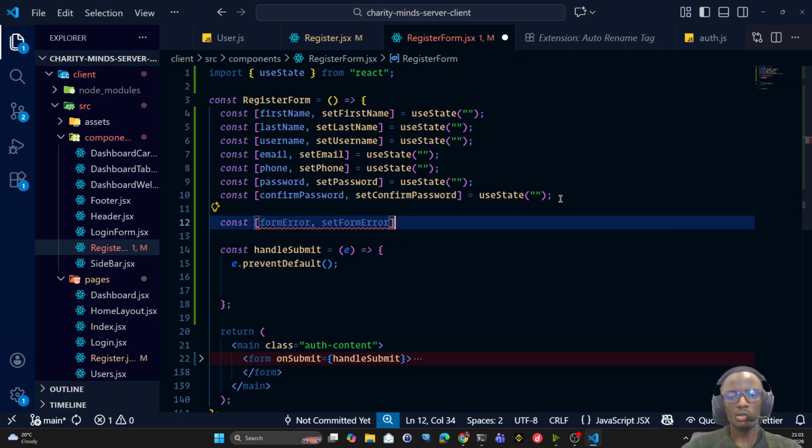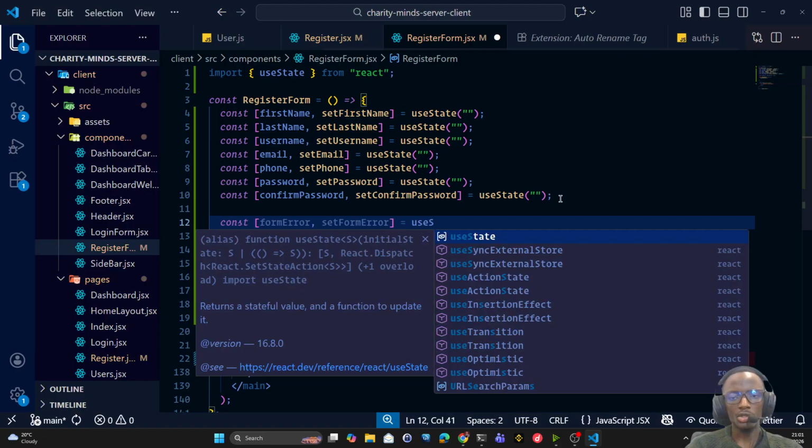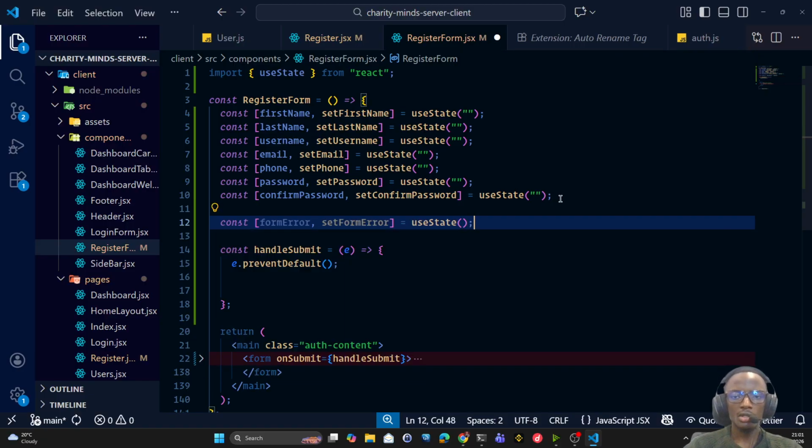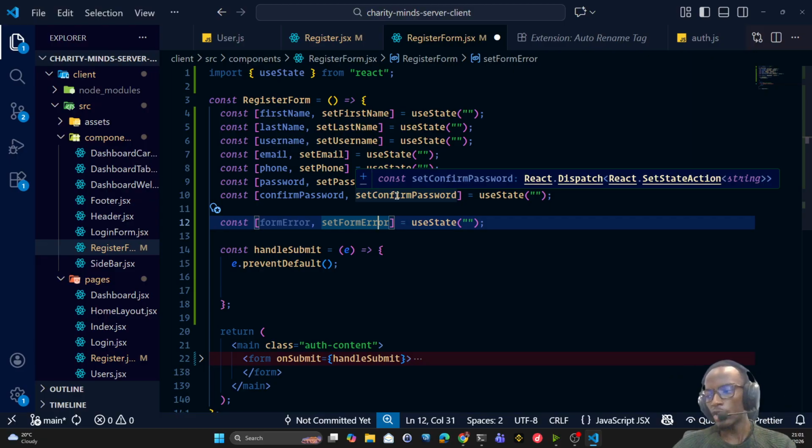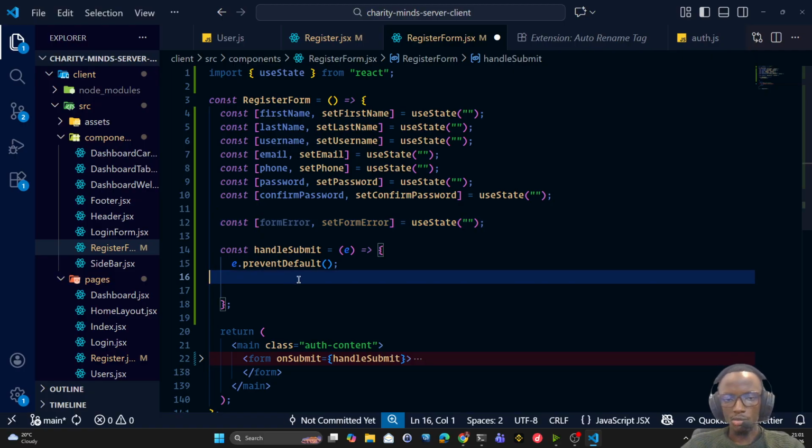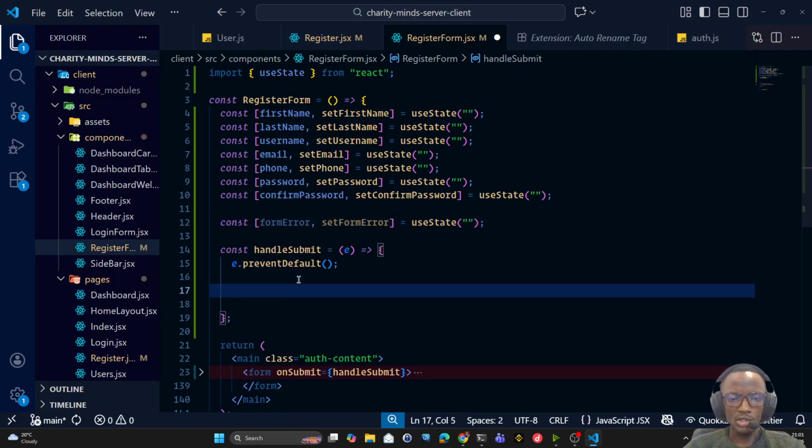Now remember, this, as I said, is not the best way to do any of this, because I want to just have a general form error that is just going to show on the form, not per input field, but just like you need to enter all data. That is the only validation that I'm going to be doing, mostly because of time. You can see it's already 9. So what I'm going to do is just an if statement over here. So if